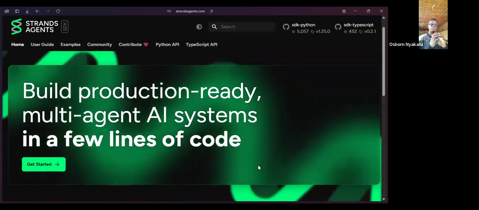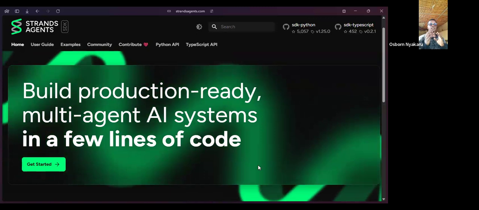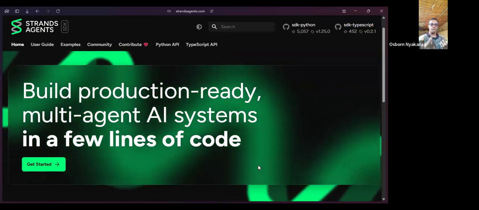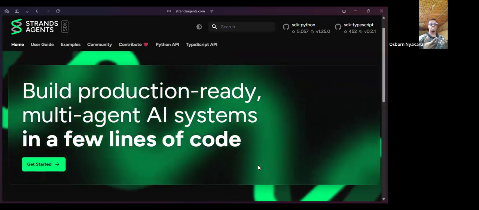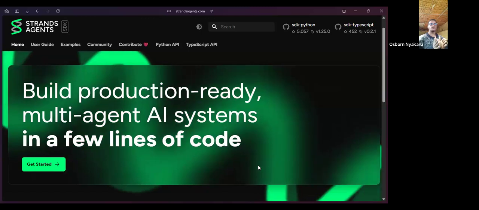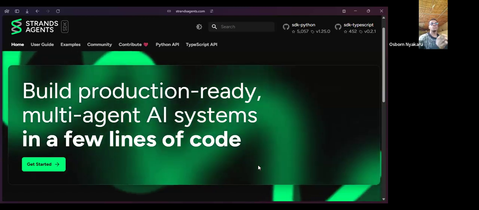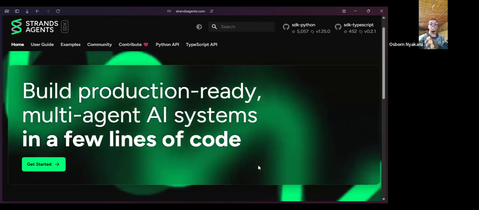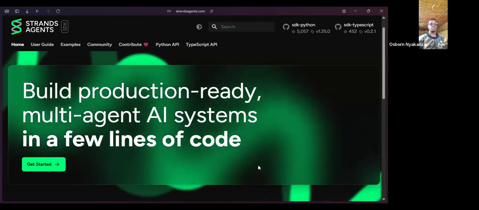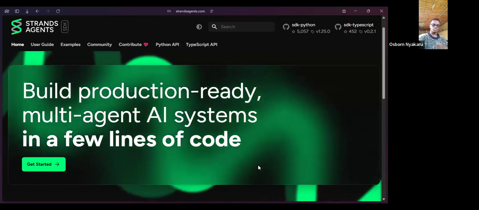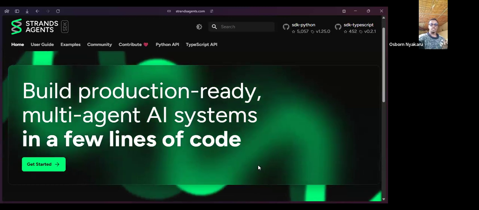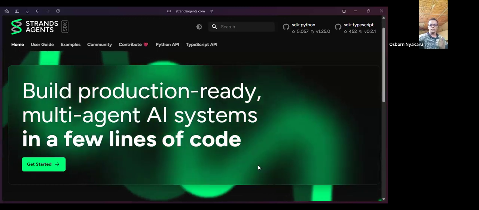Large language models now can act autonomously by themselves, reasoning, knowing if they should use this particular tool or if they should change to something else. So that's where the Strands Agents SDK comes in.